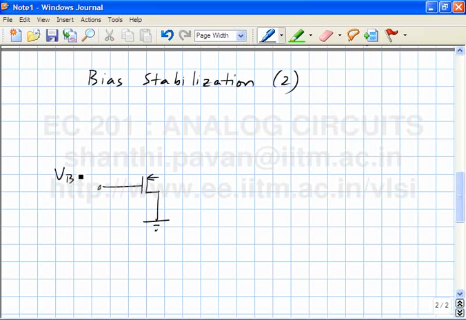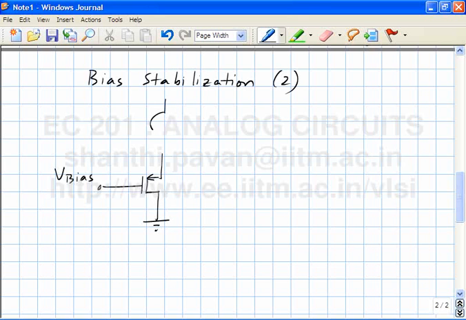So if this was Vbias, the gate is fixed to a constant voltage, so we agree that we don't want to fool around with the gate terminal, so it's connected to a fixed bias voltage. And we would want to compare the current through the source with the reference current, and then tweak the source itself in the right direction so as to bring the current back to the value that you desire. I'm not going to go through the same arguments I did for the NMOS case. What do you expect?